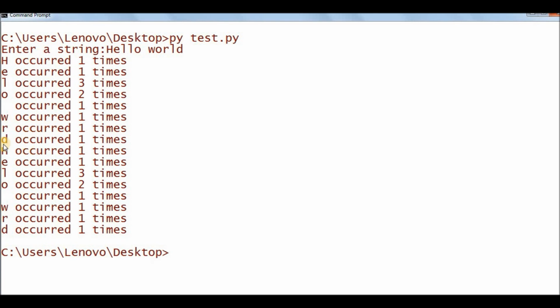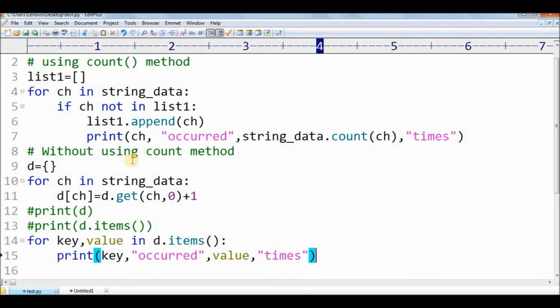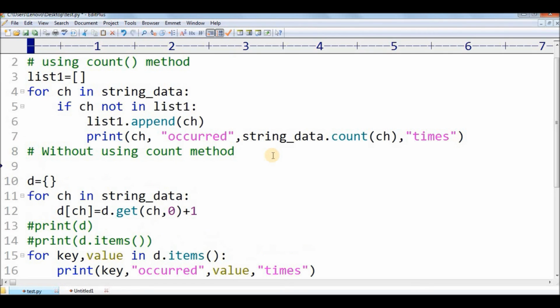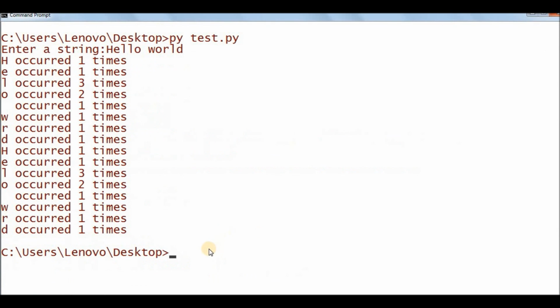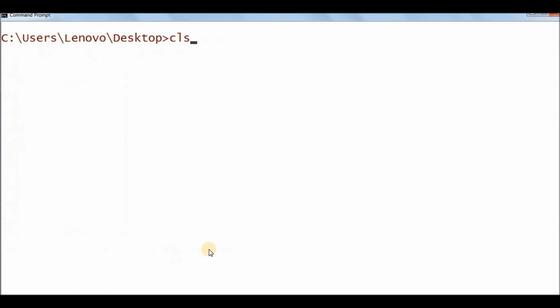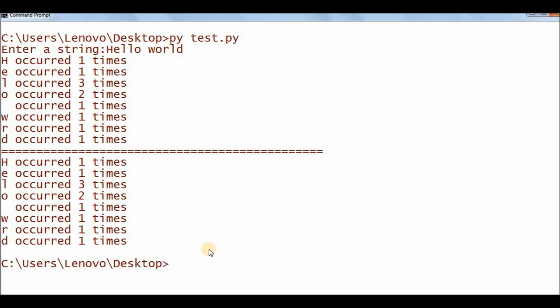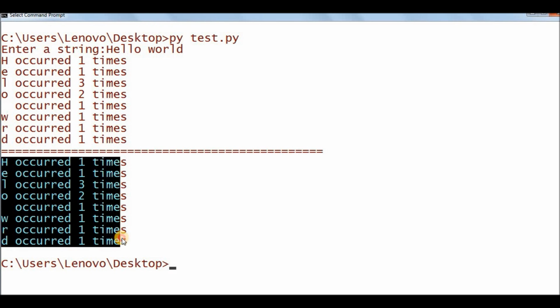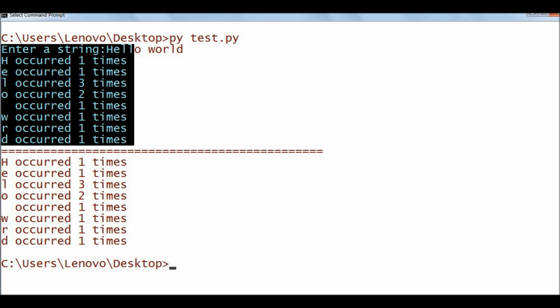Yes. We are actually getting an output, but we have not put a line over here. That is why it is coming like this. Let me print a line over here so that we can differentiate between the two outputs. Let me run it again. Hello world. Okay, so we have come to our required output string. This is the same as the above.